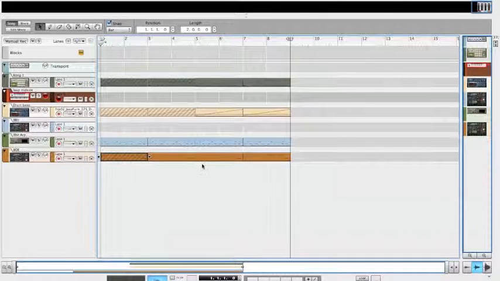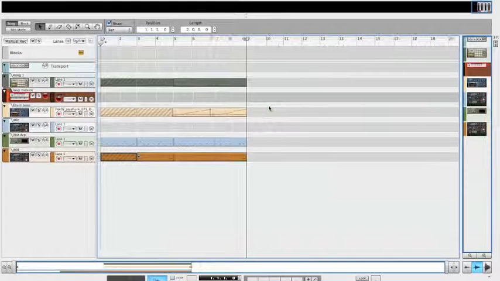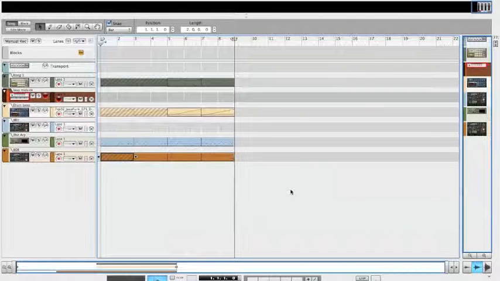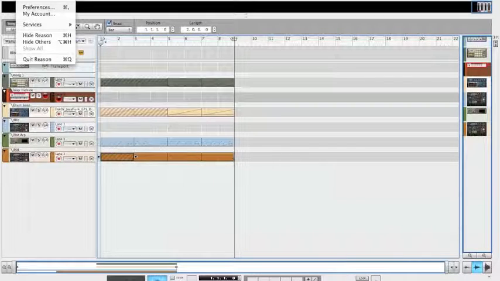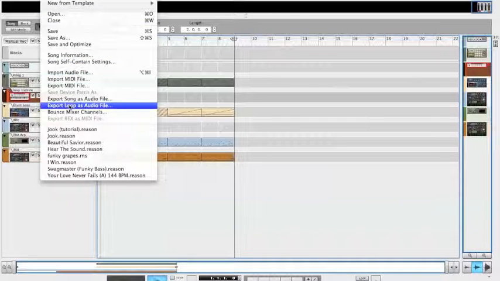So, we could have done that in blocks, but we left it in here for now. So essentially, that's how a track is built. Little by little. So what we'll do now is we'll go Reason, and we'll go under File menu, and we'll say Bounce Mixer Channels,